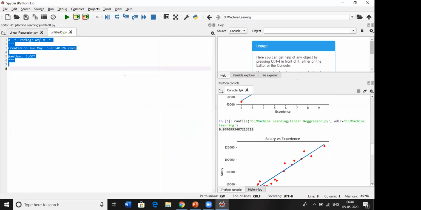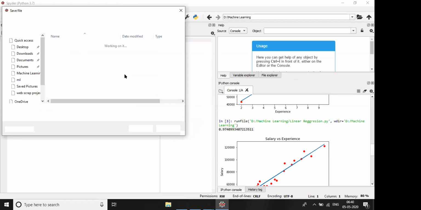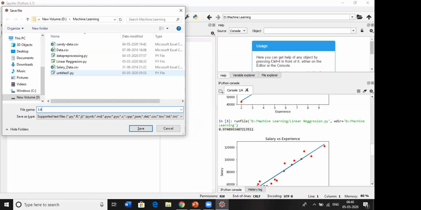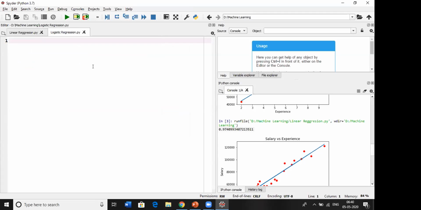So I'm creating a file here. First we need to import the libraries needed.